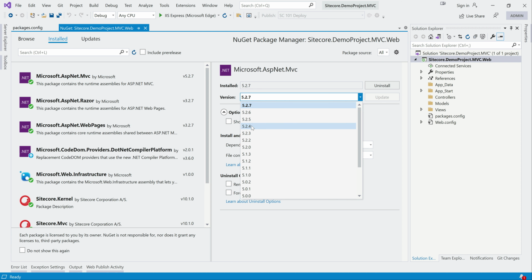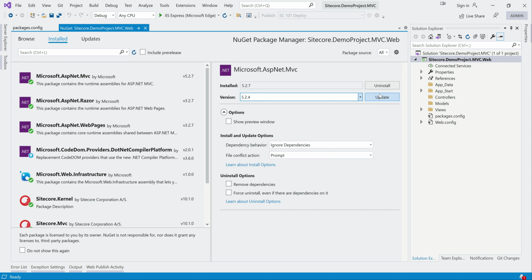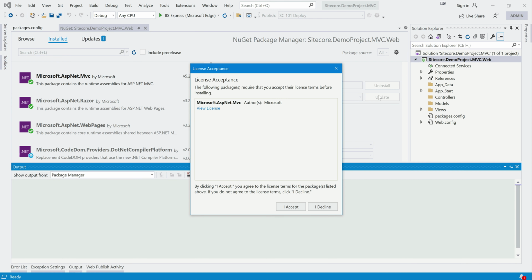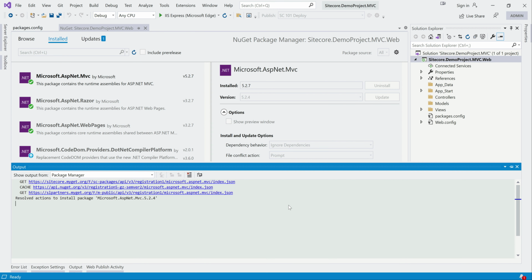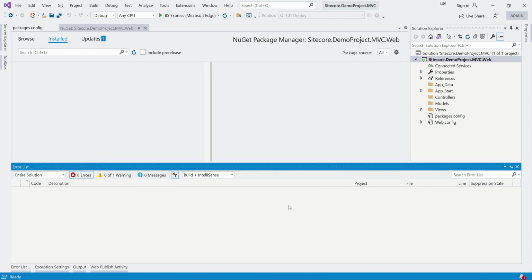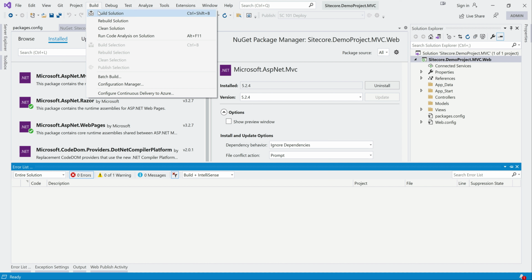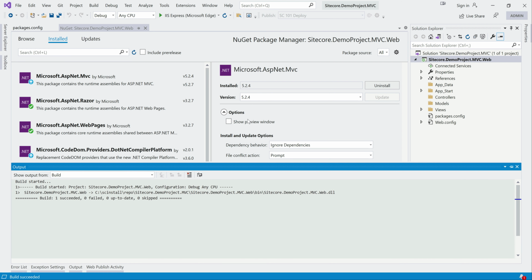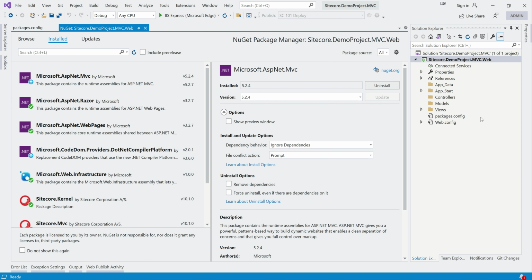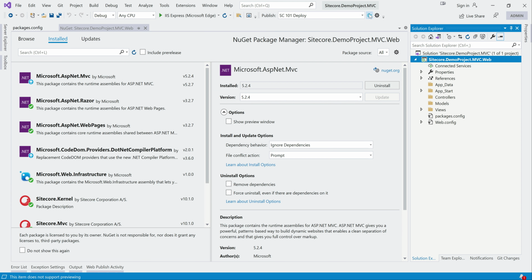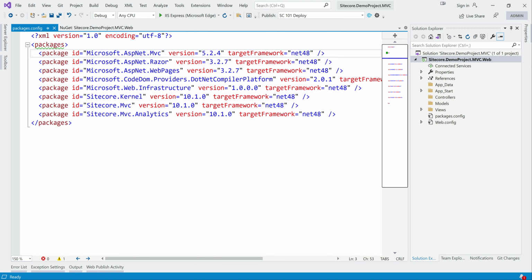Yeah, so 5.2.4, trying to match the same version as that other one. Let's build the solution now. Nothing is breaking. So let's publish once again, or just check the package config. It is telling 5.2.4.